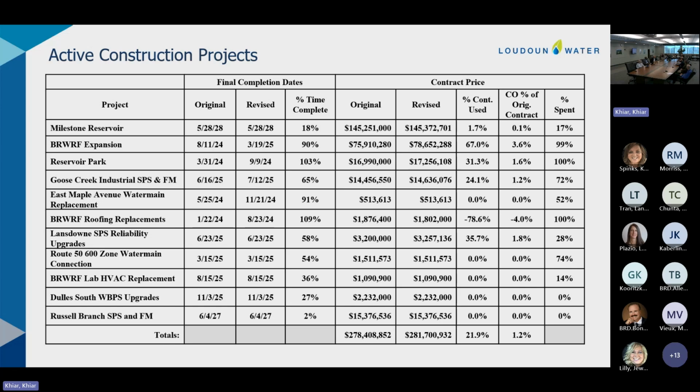Go ahead, Sam. Mr. Sultan, I'll add, if you would have asked me that question during the last quarter, I probably would have mentioned that I would have been a little bit apprehensive about the fact that Reservoir Park was trending towards being delayed. However, seeing how the grand opening unfolded a couple of days ago, and the nice weather we had and the peak foliage in full effect, and how well it all went. It's almost like, well, it happened for a reason, but bad cliche, right? It's actually approaching final completion.